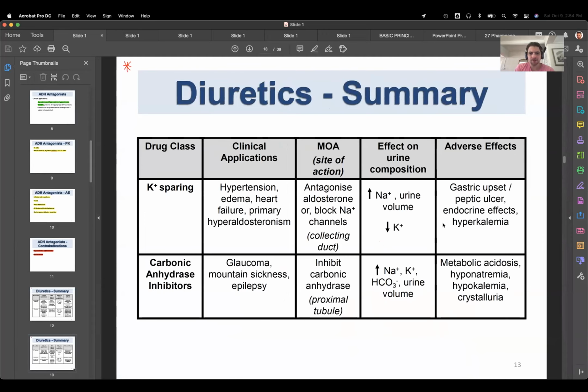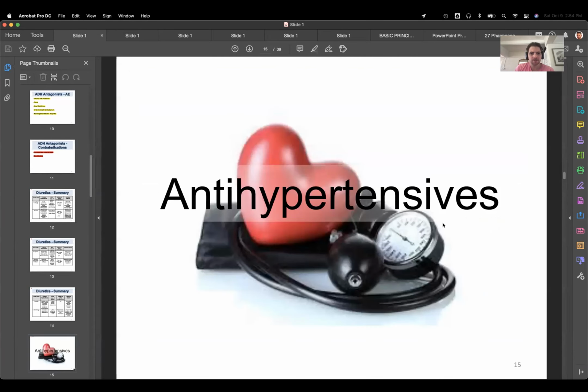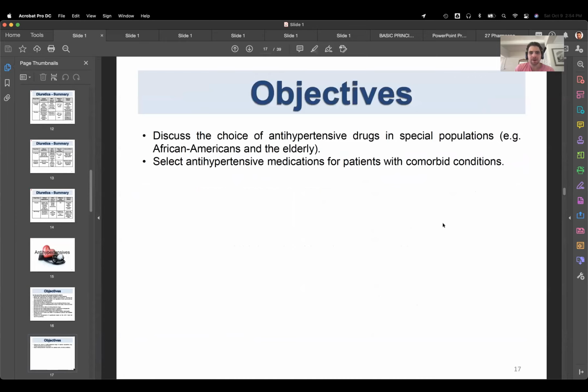And then you have your charts. If you're a chart person, go with that. All right, now